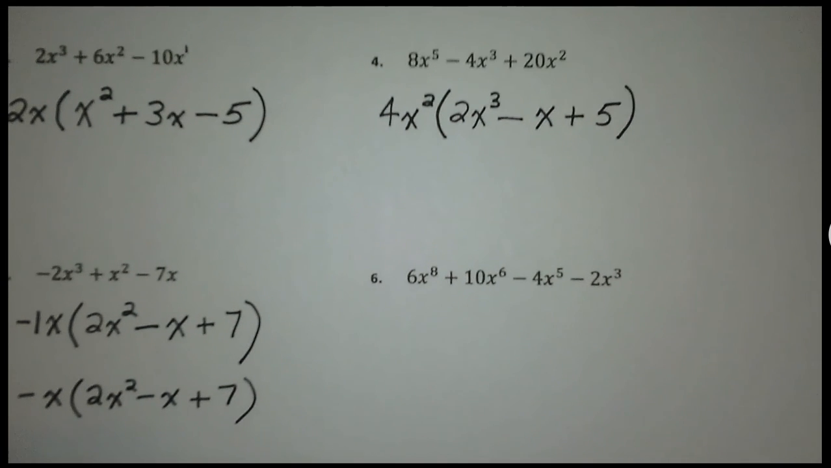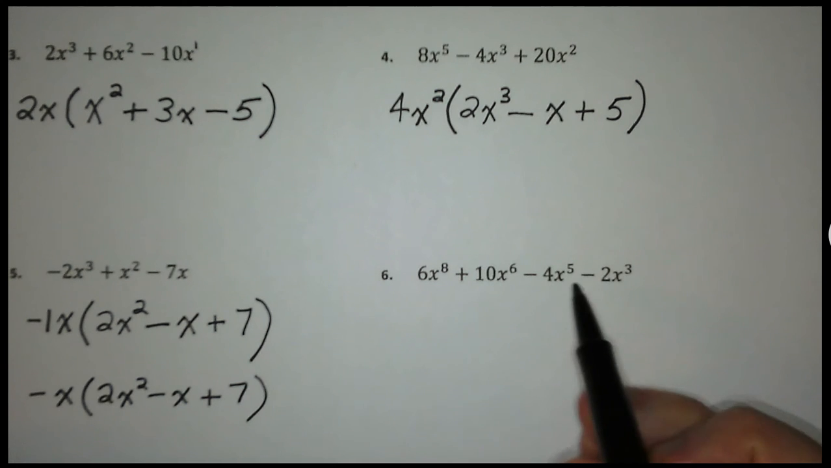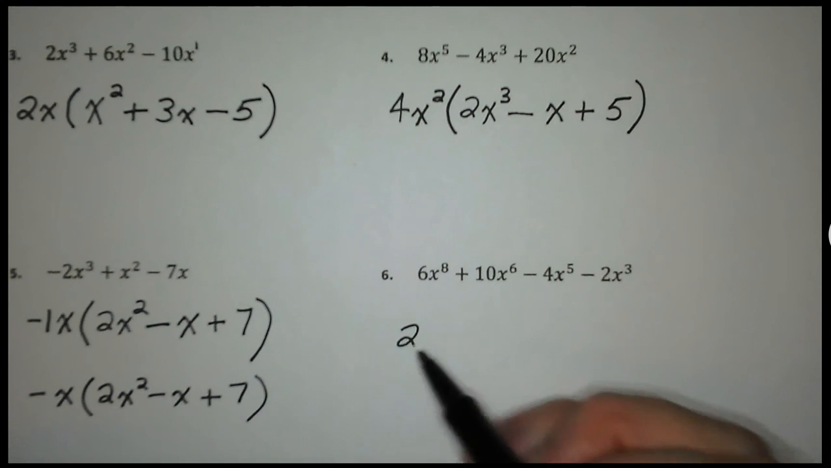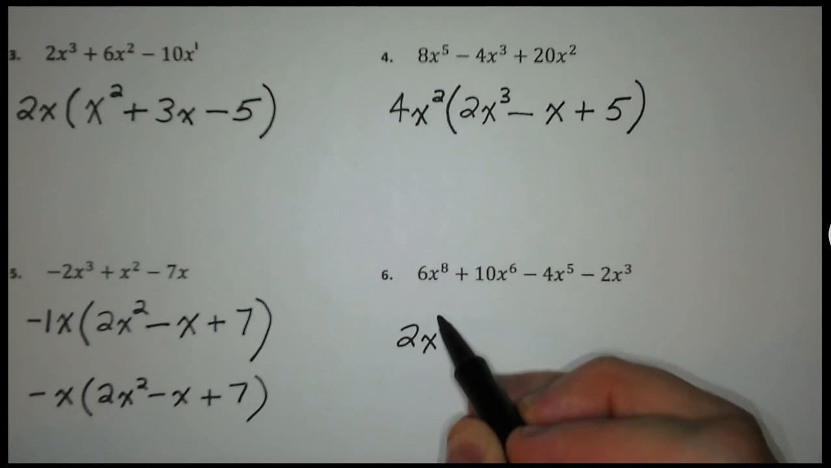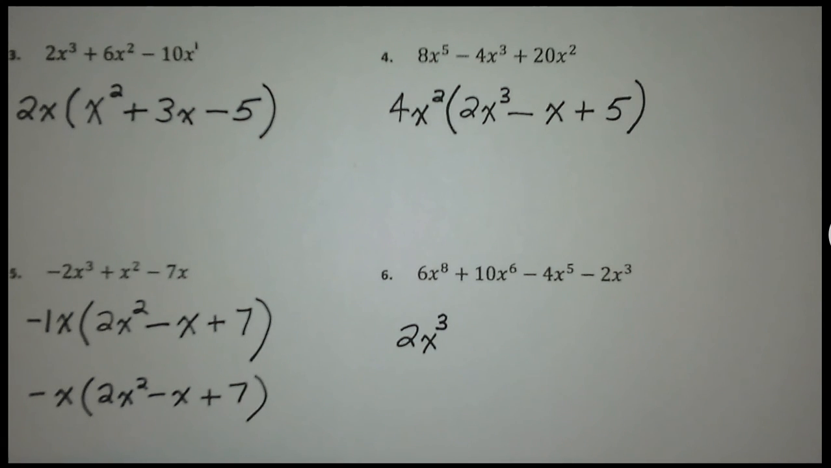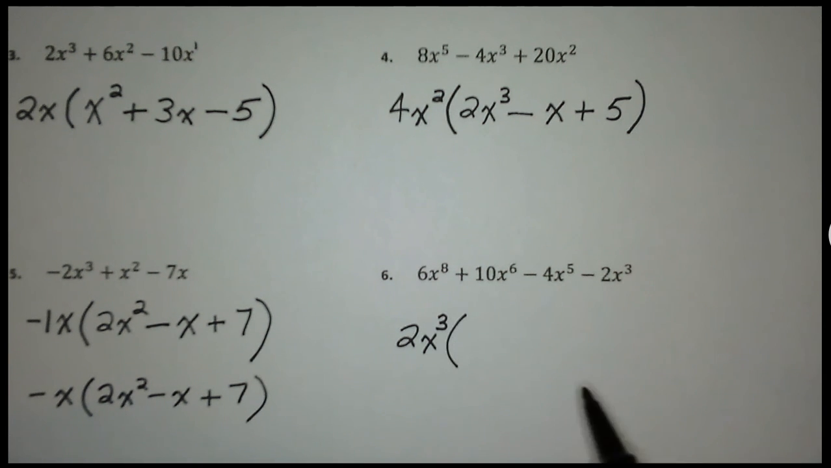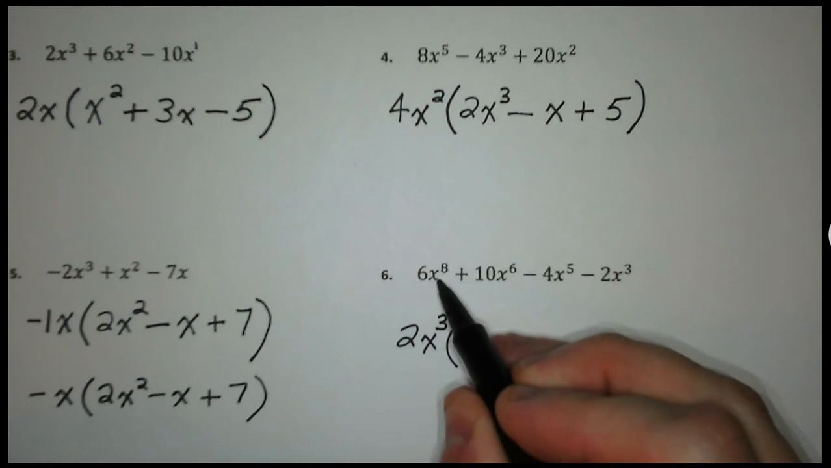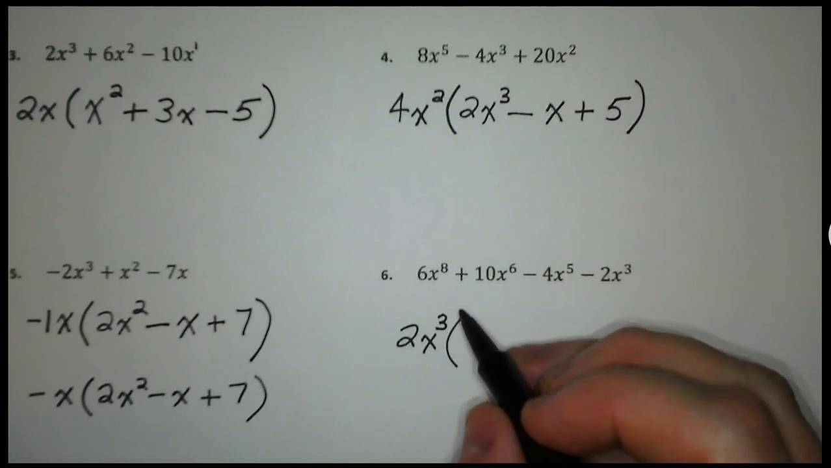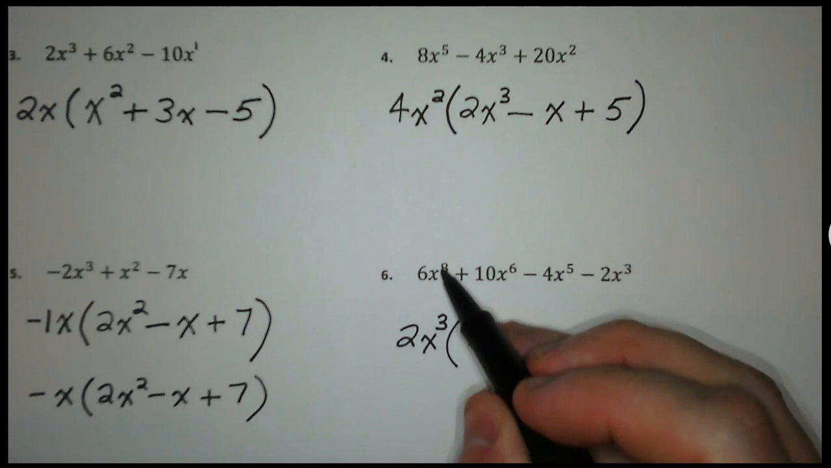Alright, number 6. You can divide 2. They all have a 2. And then as far as x's, they all have x's. They all have at least 3 x's to lose. So let's divide 2x cubed away from all 4 terms. So what's left still in the bubble? From that term, by dividing, remember we're dividing the 2 out, so 3. And then again, technically